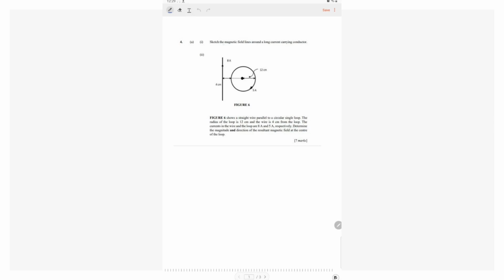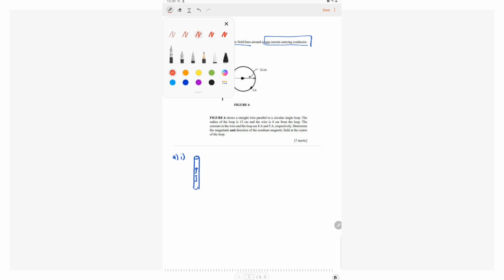Soalan 41 is sketch the magnetic field lines around a long carrying conductor. Okay, dia tak bagi pun conductor ni kan. Kita lukis je sendiri. Lukis arah I kita nak tentukan ke mana. Tak kisahlah, kita nak tentukan dia ke atas ke bawah, dengan syarat kita labelkan. Okay, lepas tu bila dah tentukan I dia ke atas by using right hand grip rule,